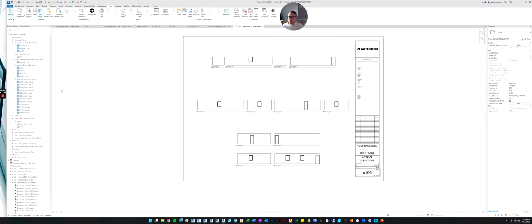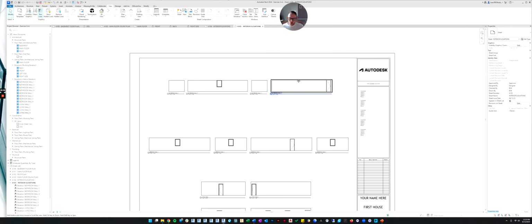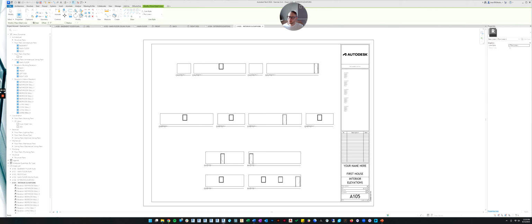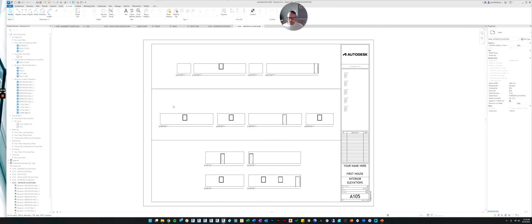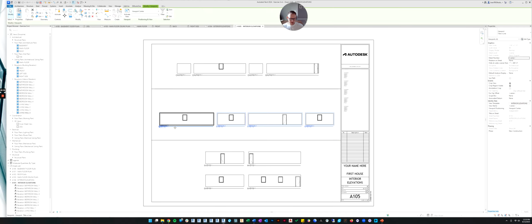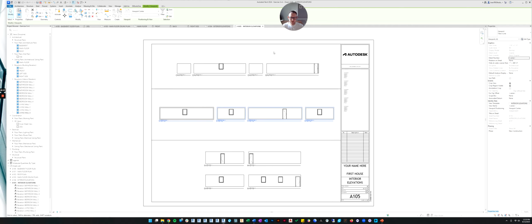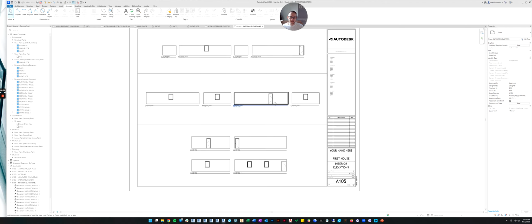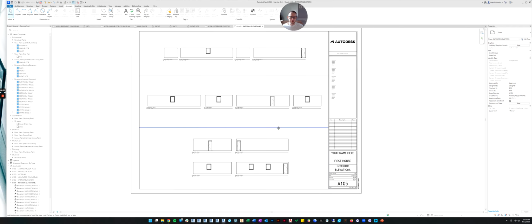I like to at least take a moment to make the sheet look nice. And then you haven't learned how to draw lines yet, so I'm just going to show you here. You can go up to the Annotate tab, and there's something called a detail line. If you click on that, it'll allow you to draw a line between the different rooms. So I like to do that as well. So now the user knows, and then I space, and then I'll center everything nicely. So now when someone looks at that, they can see, oh, here's one room, here's another room, and here's another room. It's a nice way of looking at your interior elevations.